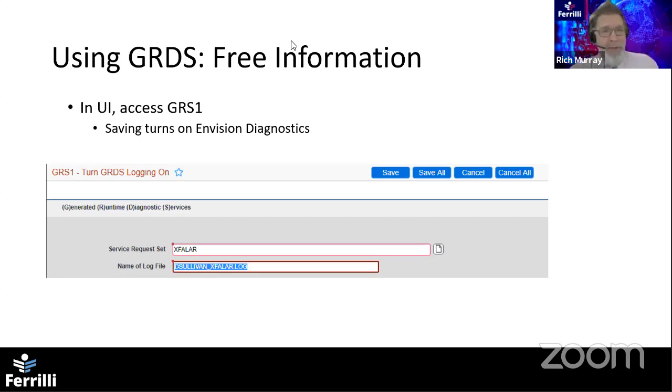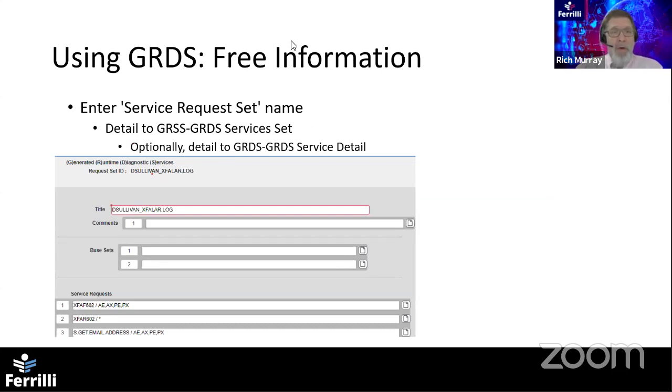So the first step to using the generated runtime diagnostic service is in UI, you will access a form called GRS1. This turns on Envision Diagnostics. You can see here that there's a service request set that you fill in, as well as the name of the log file where all this information is going to be placed. When you enter a brand new service request set name, it will automatically detail you to the GRSS services set form,